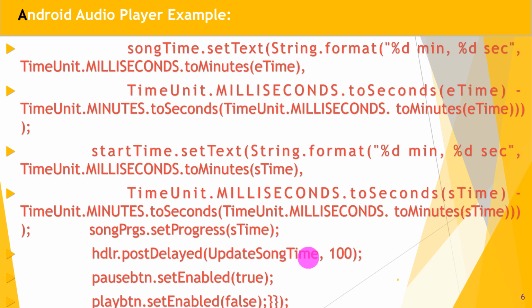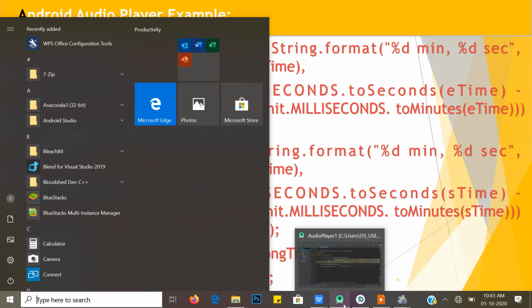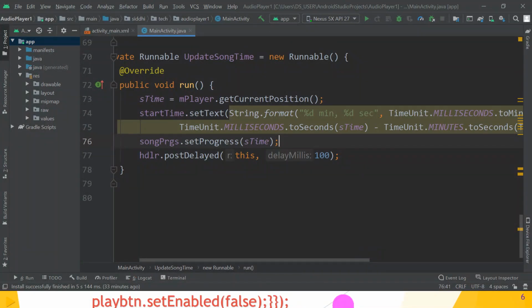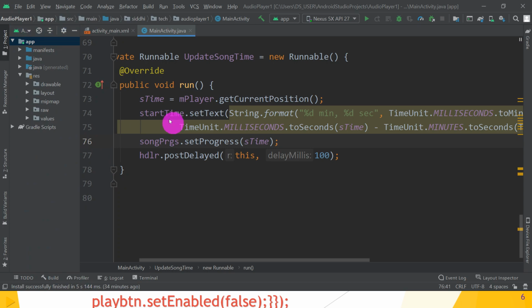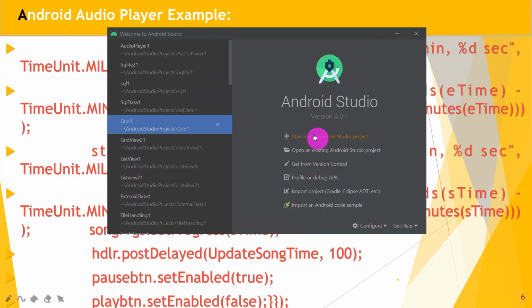Now it's time to move on to Android Studio and check whether it works properly or not. So open your Android Studio, then click on File and close your current project. Then start a new Android Studio project.